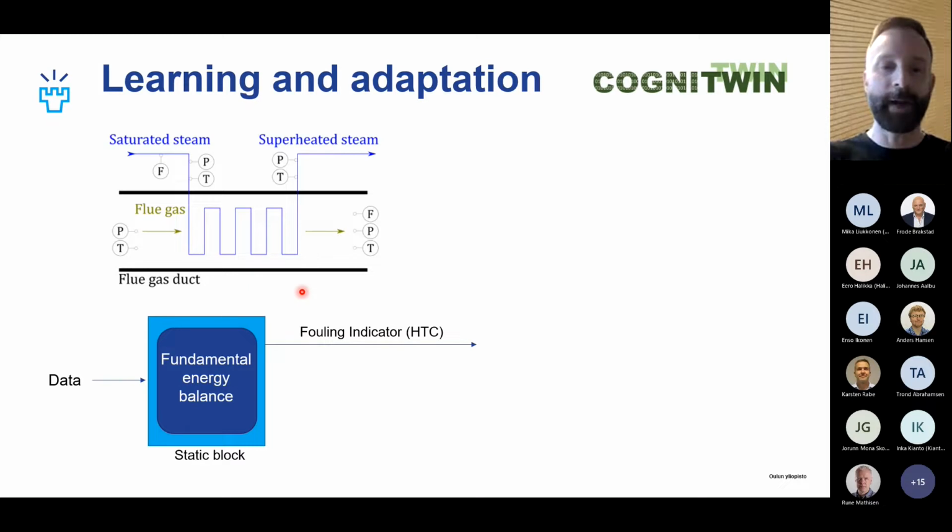And we have tried first and foremost the further development of the physical model, but that turned out a bit tedious in a sense that if we increase the complexity of the model, that increases the number of tunable parameters, and that number of tunable parameters has a certain effect on the outcome. So there are lots of issues with the tuning, and then finally we made a conclusion. Then we just keep our fundamental energy balance model, which is, as a matter of fact, a static model, and then